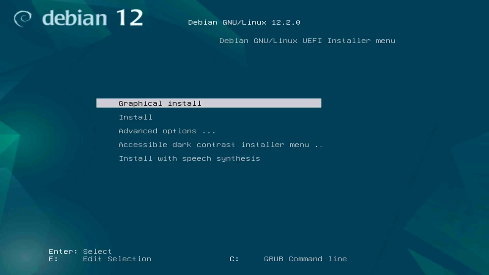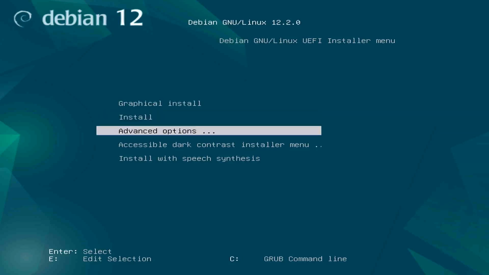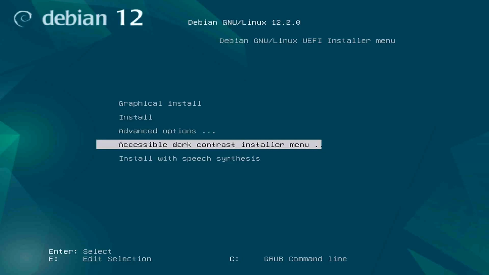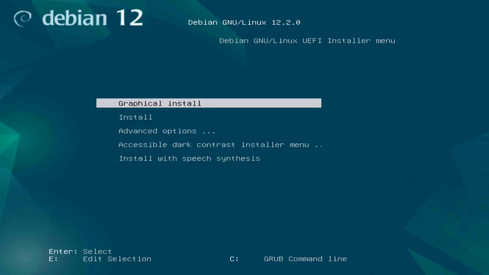Okay. So I'm going to click Debian 12 because that's what I have, and we're going to do the graphical install, but you can also do the regular install as well. I have no idea what advanced options are. I bet you there's probably a dark contrast menu. That's nice. Speech synthesis. So there's accessibility, which is pretty handy, but we're going to be concerned with the graphical